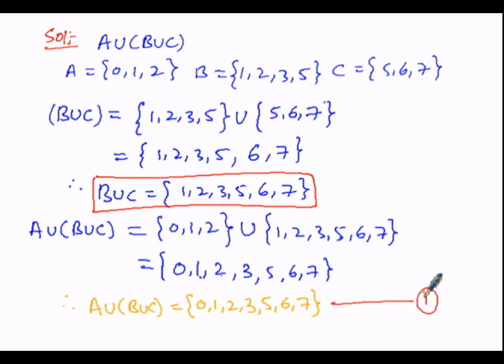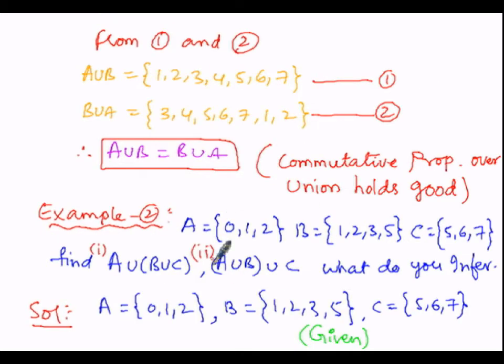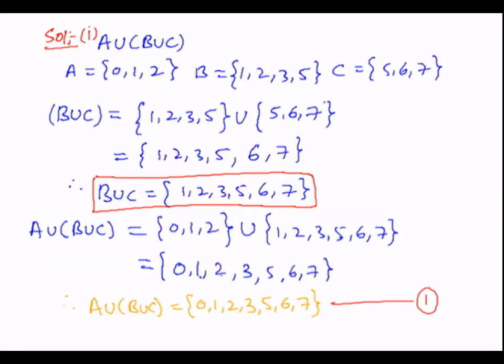In a similar manner, we have covered the first one, then let us go for the second one, that is A union B, first A and B are grouped, then union C. So here A union B, then union C. In order to find out A union B of union C, first of all let us find out A union B which is in the bracket. First of all let us write the set A elements.